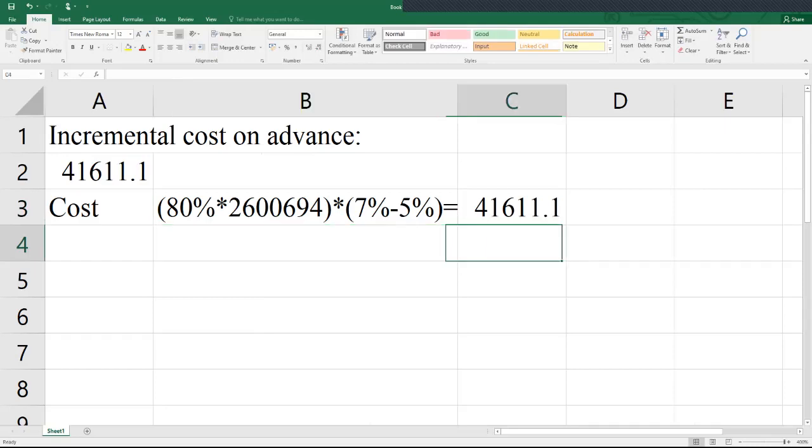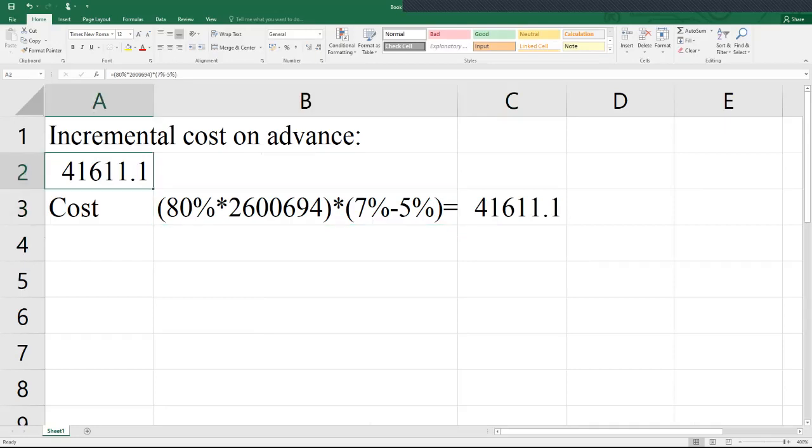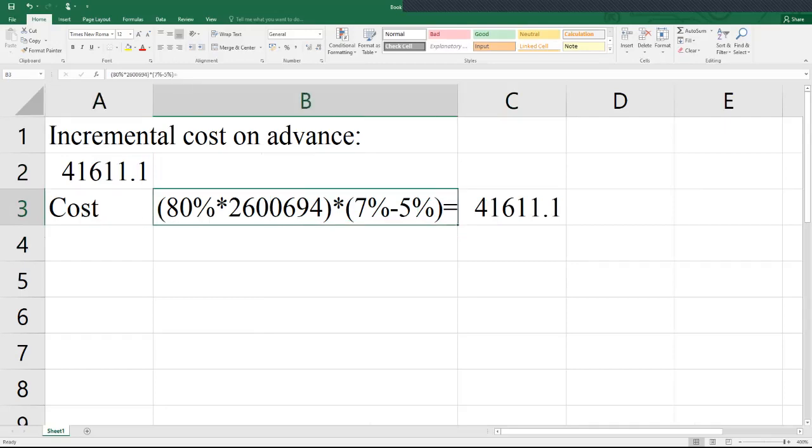You can do this, but why would you want to waste time? Don't forget, if you're going to have a lot of workings, it means you want the paper way of doing things to appear in the Excel. You don't need to do that. By just doing it in one step, like in this cell A2, that's how it should be done. So you don't have to do this odd way where you show how you got the answer.